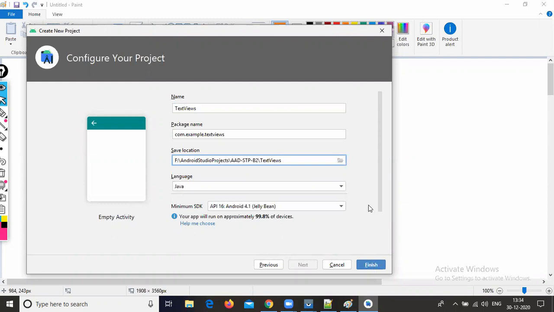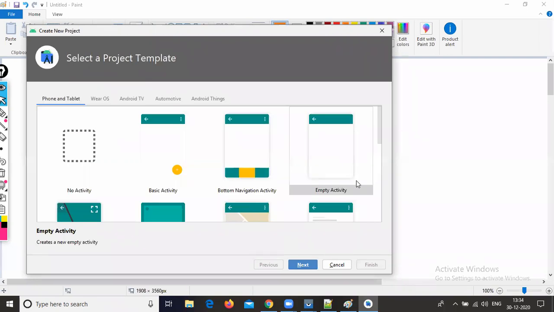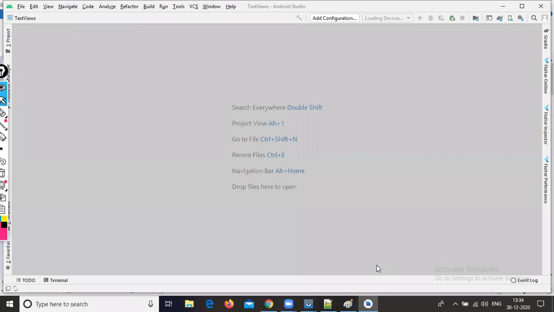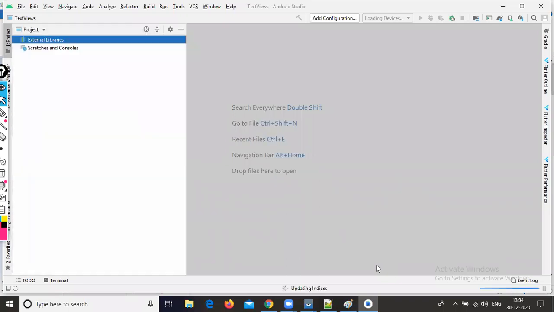Once again I'm repeating: when creating a new project, select empty activity, then click on next, give the project name as test views, then click on finish. Now it takes some time to create the project.